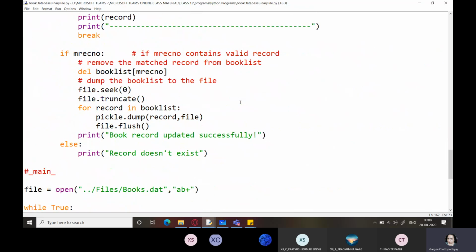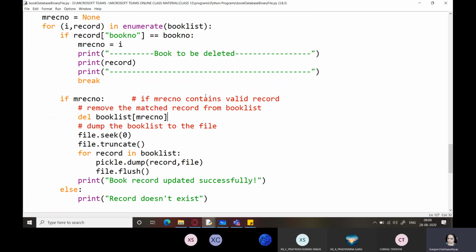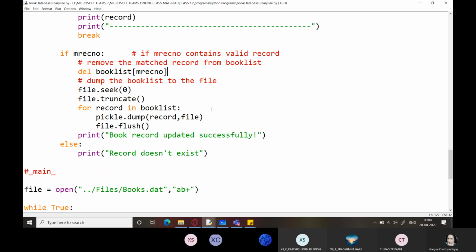We found the matched record. We also deleted it. Deleted successfully. It should give me this message.